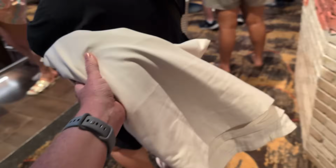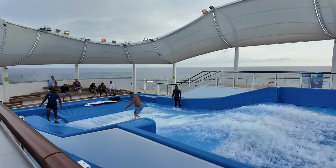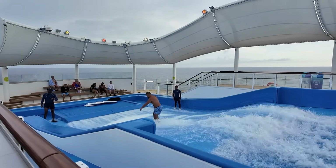Okay, I took a nap, and now we're in the sports zone observing sports. Don't worry, I'm not attempting. But they're doing advanced surfing on the Flow Rider, and it's pretty cool. All right, before we go to dinner, it's time for a bit more relaxing in the sun, kind of, in